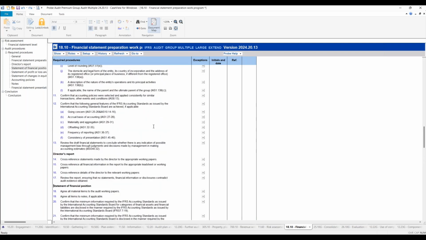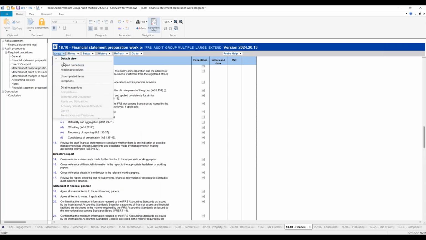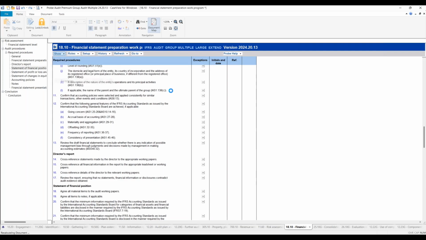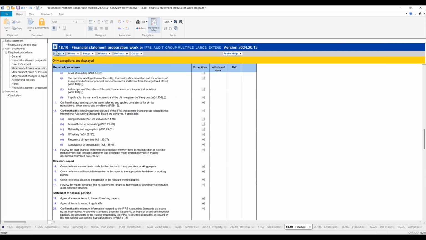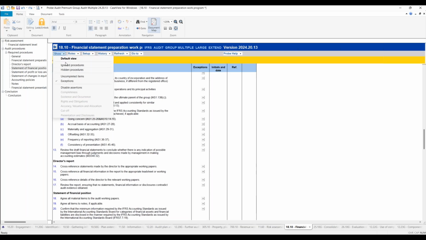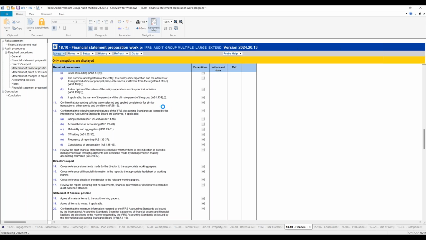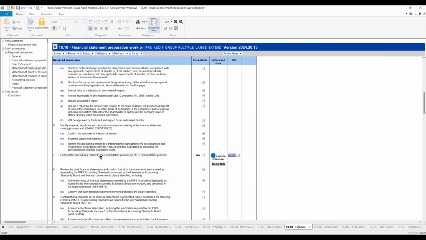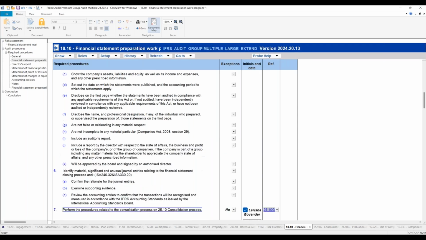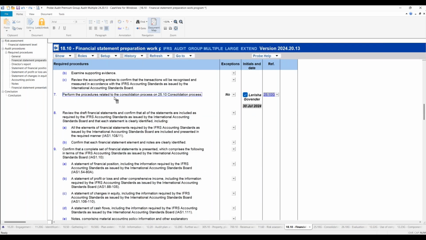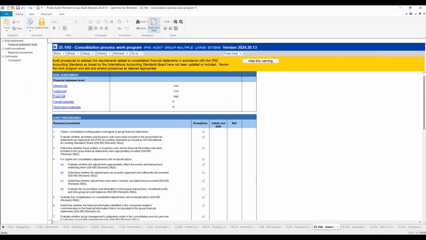Sorry, now I just need to find it quickly. Let me just show exceptions. Oh, no, sorry. Default view. Thought I was going to find a quick way. There we go. So there's the question then to ask us, perform the procedures related to the consolidation process in 25.10 consolidation process. So there's an extension to 18.10, and that is then the work program 25.10G, right, which is